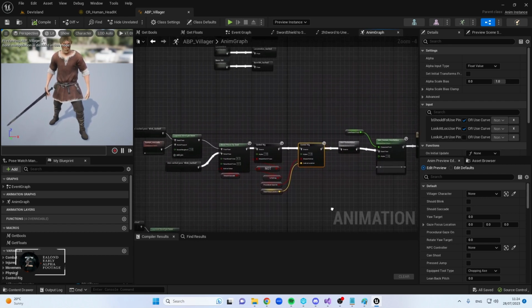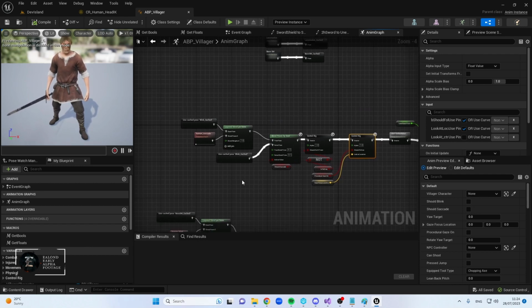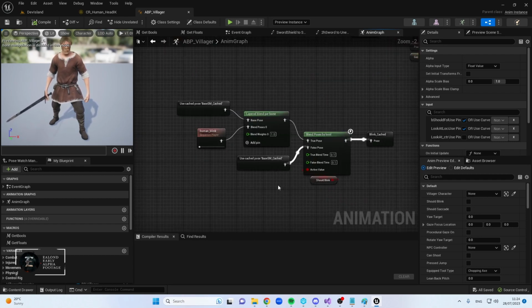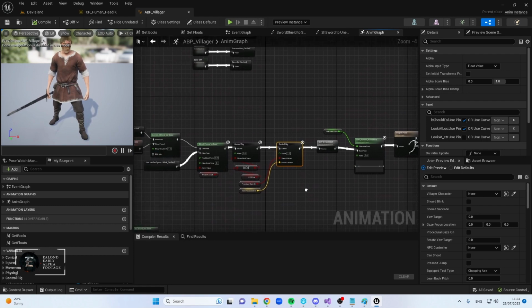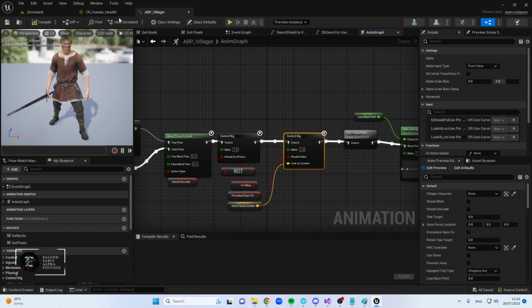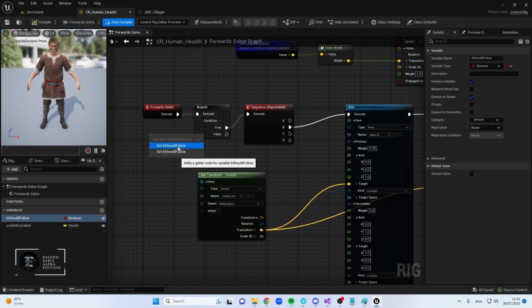All right, so this is the flow of animation through the engine, and this is basically what outputs at the end. There's too much to explain here. We have blinks going on. Why do I have 2 blinks? I feel like that shouldn't be the case. Anyway, whatever. So this is our control rig that we looked at here, this one here, and it's saying, all right, guys, if the